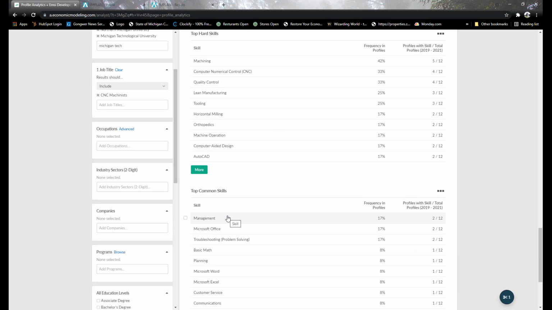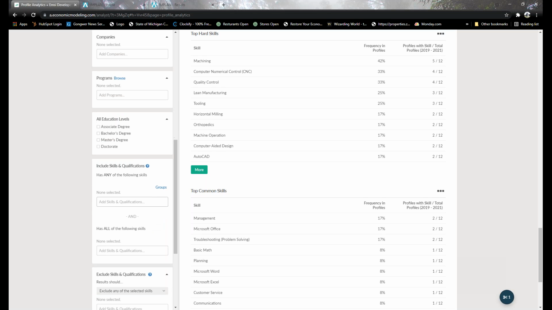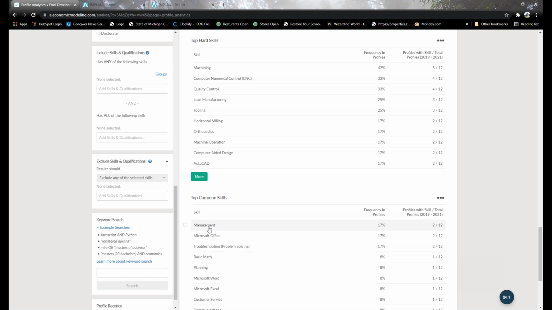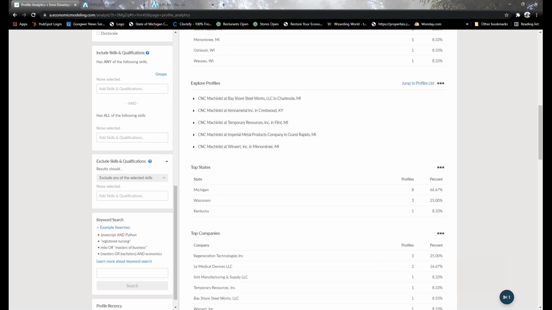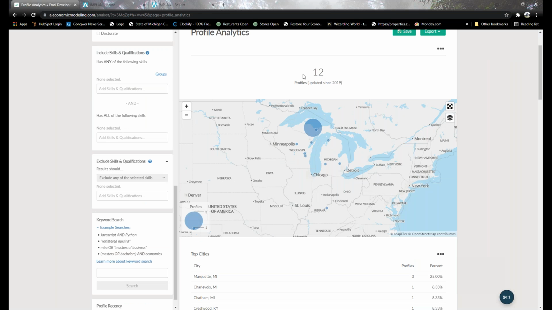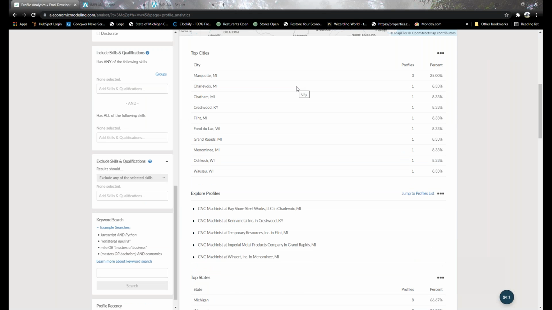So if, say you want to start with that larger 16,000 profile, you can go in here and type in specific skills or qualifications that you want them to have, and that can help narrow down the search. This is not used, I do want to warn people, this isn't used as a headhunting tool, so I wouldn't give you this list so you can send out a mass email to all 12 of these individuals. It would be to reach out to them individually and really search through the information that's being given to you to see if it's a candidate that you would want to approach.